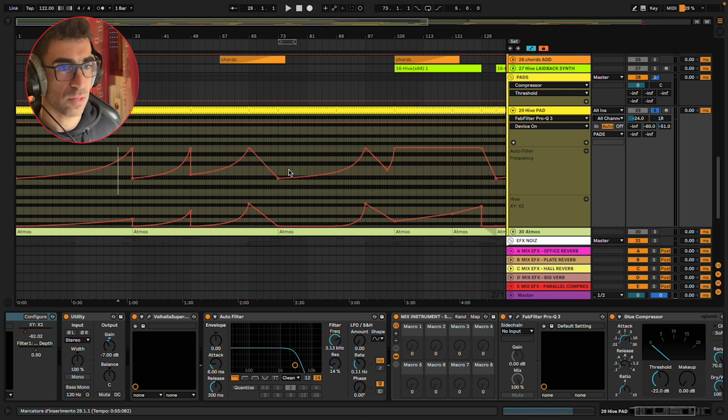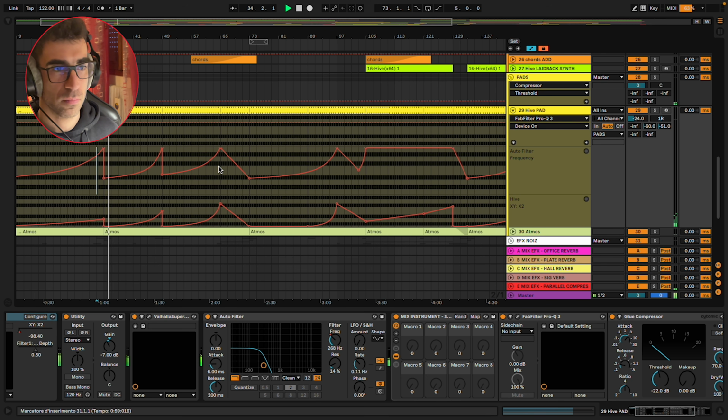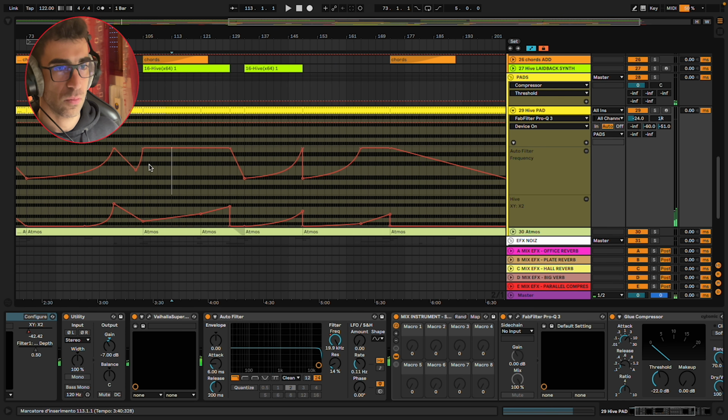Nothing really fancy, just very closed at the beginning, then opening here for the first drop. Quite open in the background to give that dreamy, spacey feel.